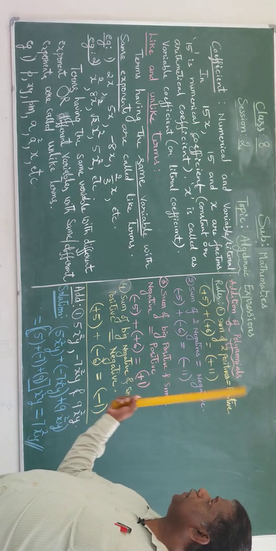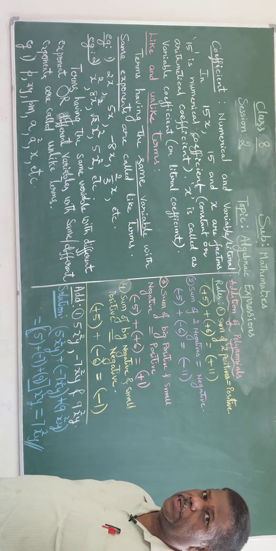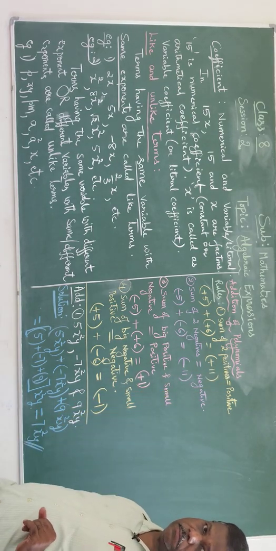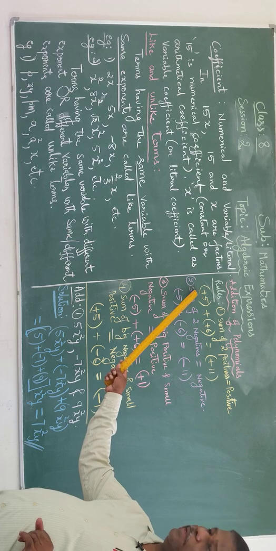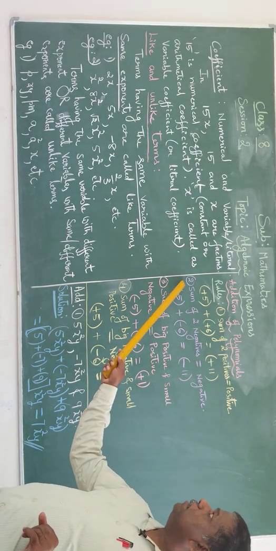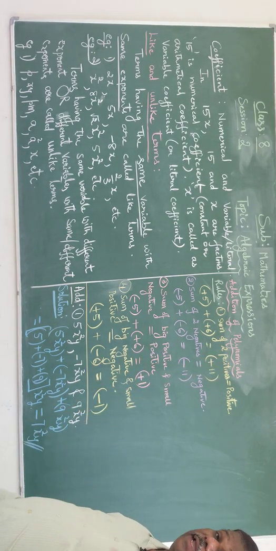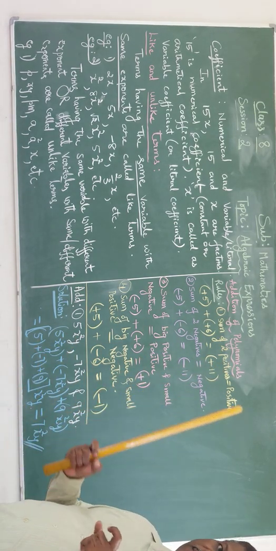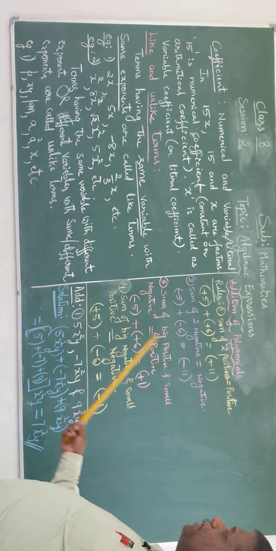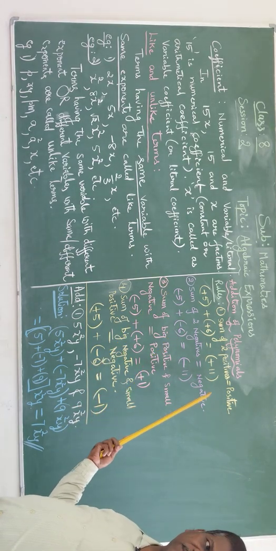The sum of 2 positives is always a positive. So a positive number plus a positive number is equal to a positive result. So plus 5 added to plus 6 is plus 11. The next rule is the sum of 2 negatives. If 2 negative numbers are added, the result is negative. So minus 5 added to minus 6, the result is minus 11.